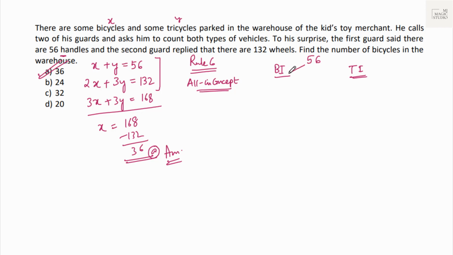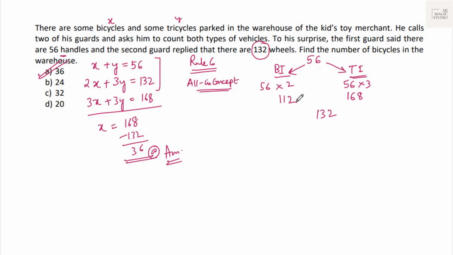Suppose all the handles belong to bicycles, then how many wheels should we have? 56 into 2, that is 112 wheels. But suppose all the handles belong to tricycles, then how many wheels should we have? 56 into 3, 168. But irony is we have got 132